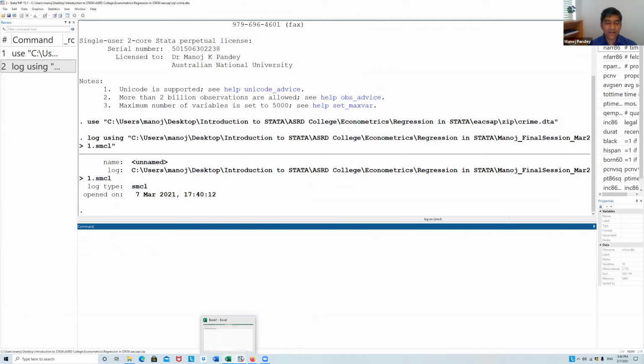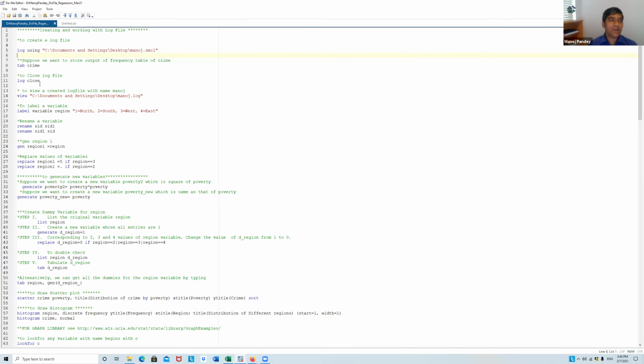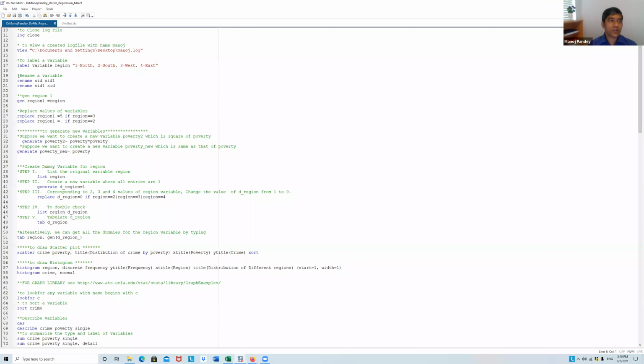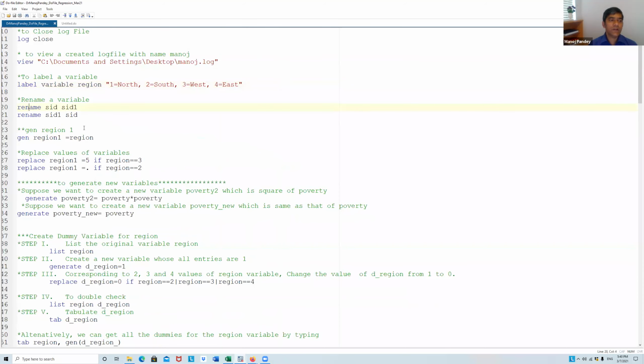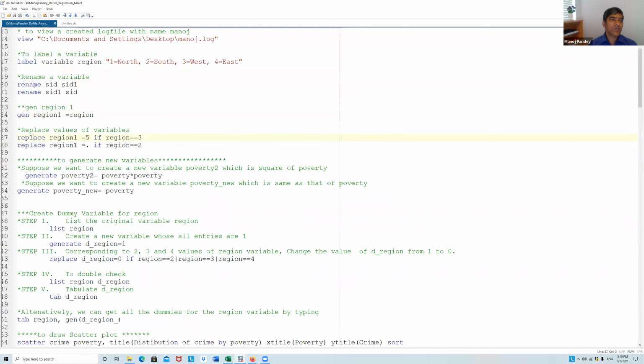So first thing I did is I created a log file, which is this one. Now then I will do some sort of renaming. You can see here the label variable, rename variable, rename already we know, generate we already know. So because we have already done this, let me just create this here.